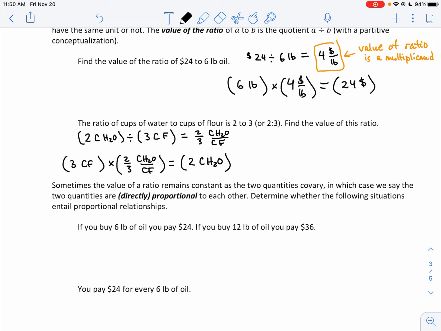I'm going to do a little bit of a visual here, because to interpret this 2/3 cups water per cup of flour, this is saying that if you have a cup of flour, we'll use a block for the flour, say that's 1 cup of flour, you would have only 2/3